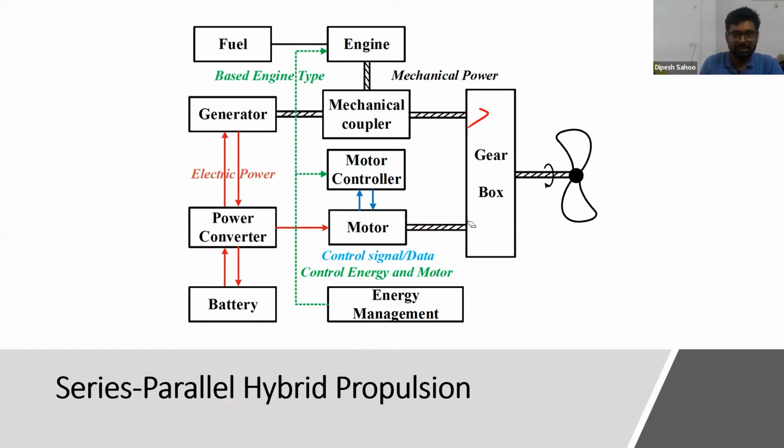What is the direction of connection for the engine in series, if it is a series drive? You can see engine to the mechanical coupler, then mechanical coupler to the generator, generator to the power converter to the motor, and motor to the gearbox. This is series combination. Parallel: engine, mechanical coupler, then gearbox. That is parallel combination. So the engine can be in series and parallel combination with the motor through this series parallel hybrid. They provide robust control on the power management, energy management, and also on the maneuverability of the